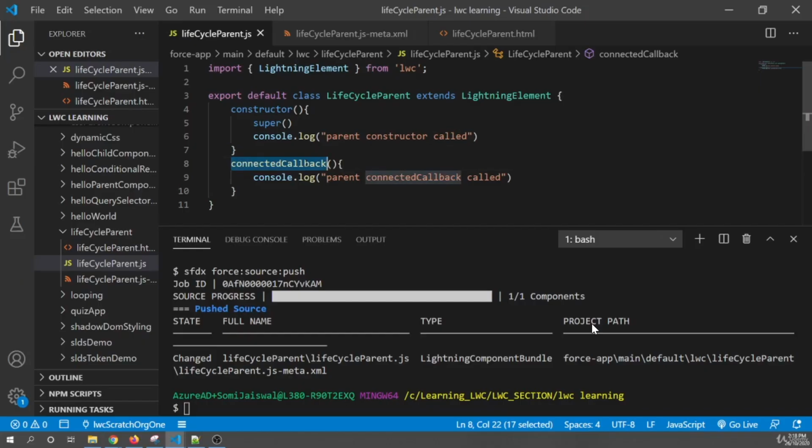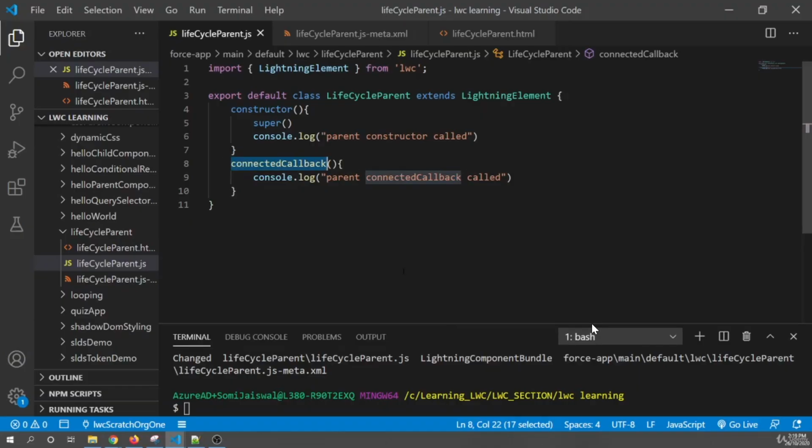Or start fetching the data from Salesforce. That time these lifecycle hooks make more sense. But right now I want to explain the rendering order of these methods, and when to use which method in which case. Okay, let's deploy this